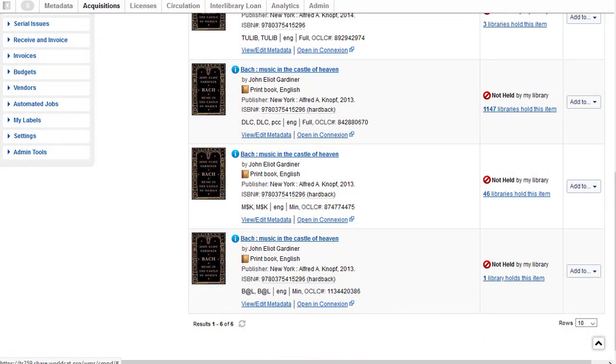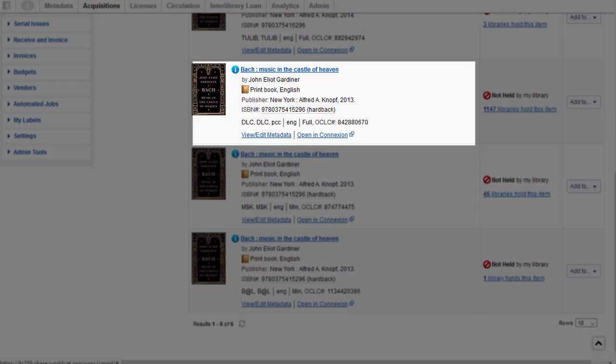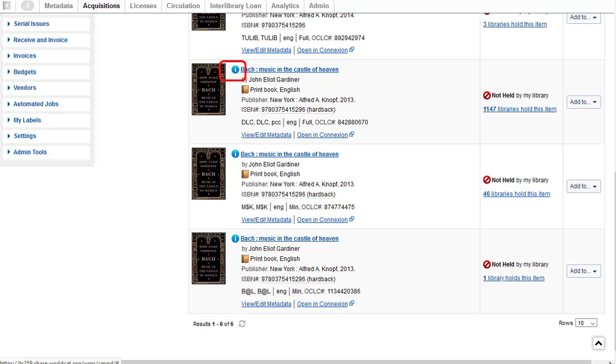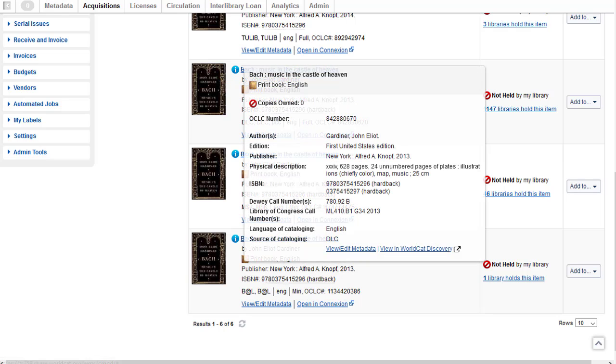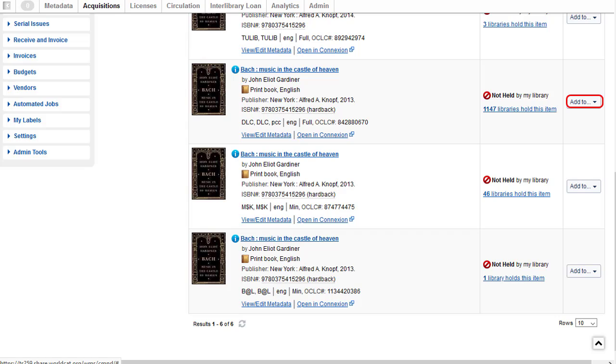I can see that the first record is a DLC Library of Congress record. It's a full-level record, and it matches my title and the publication information I have. So if I hover over the blue eye, I can also see some of the fields in the bibliographic record. To create a purchase request, I'll click on Add to, the drop-down across from the record, and then I'll select